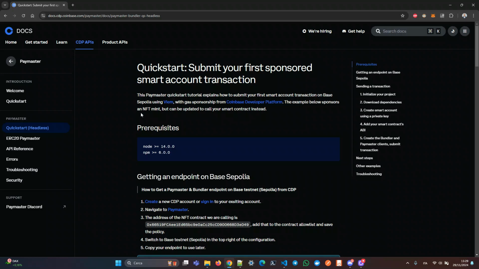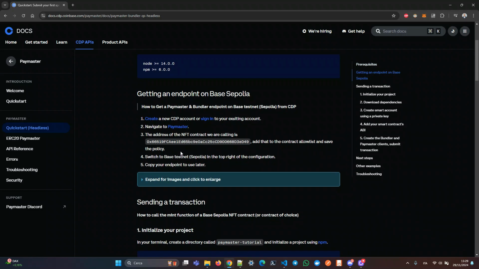This is an example where the smart account sponsors an NFT mint, and it uses, in this example, VM, and the transactions are sponsored by the Coinbase developer platform. So as it is explained,